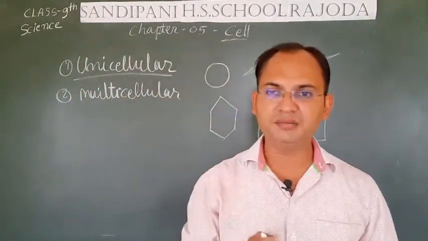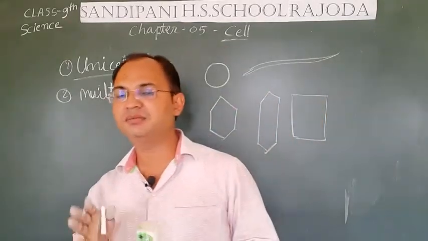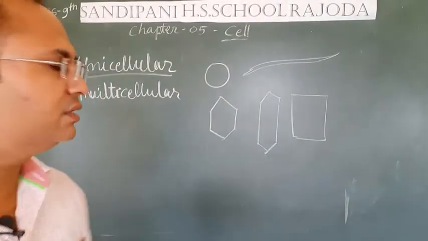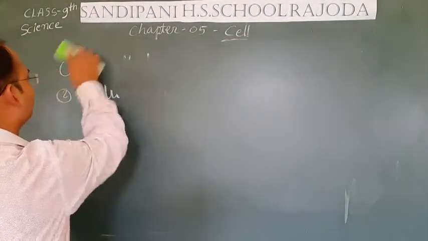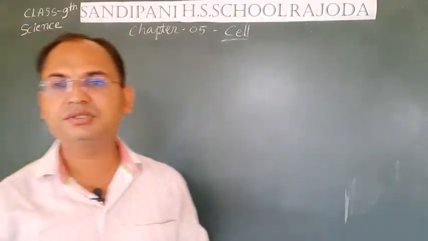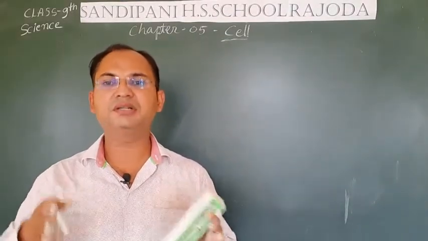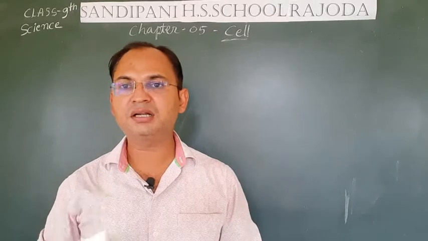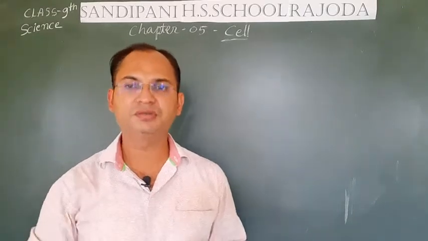One is the animal cell and the second one is the plant cell. There is a lot of difference between plant cell and animal cell. We will discuss what the differences are. Let's see the structure of a cell, which things constitute a cell. Students, the cell, instead of a single unit, is made up of different organelles inside the cell, and we call them cell organelles. There are many types of cell organelles present inside the cell. We will see them one by one.